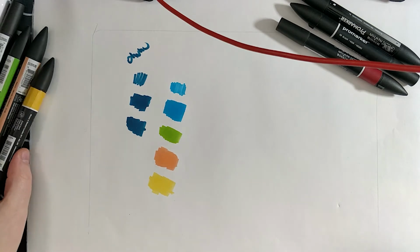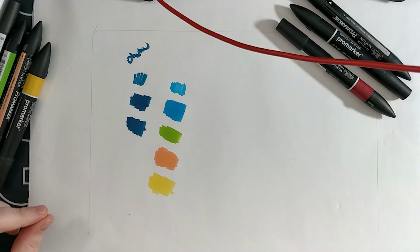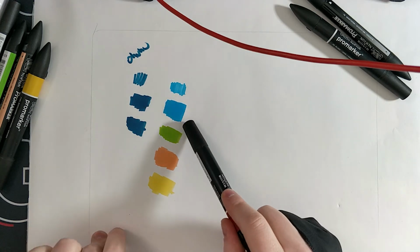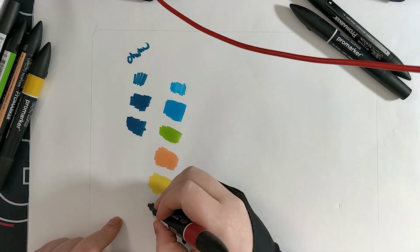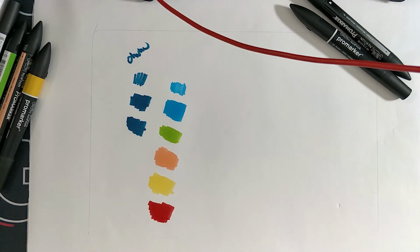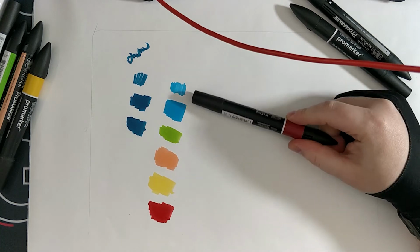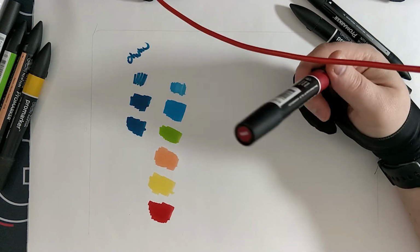Again, really nice. These are definitely much, much more juicy than the Ohuhu, but then the Ohuhu are cheaper, and you get a lot more variance in them. You may get one that is extremely juicy like this, or you may get one that takes a little bit more to cover, but that's not a problem because you can just layer them. Whereas these ones, I feel, would cover in one pass very easily. Whereas some of the Ohuhus